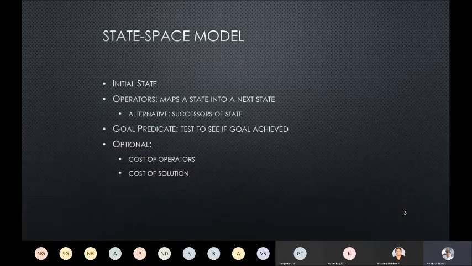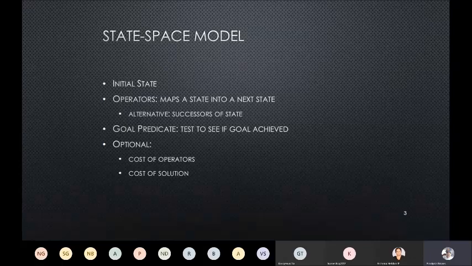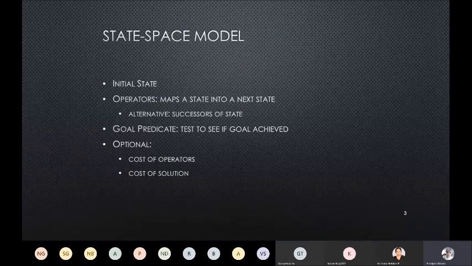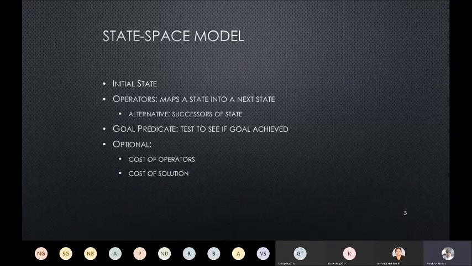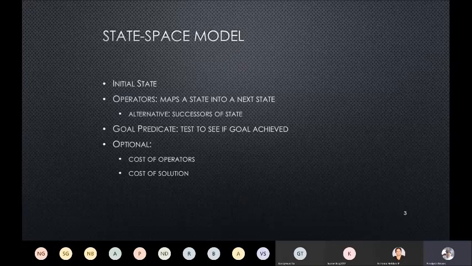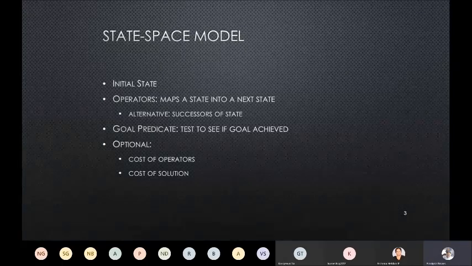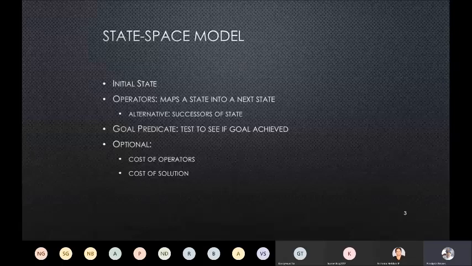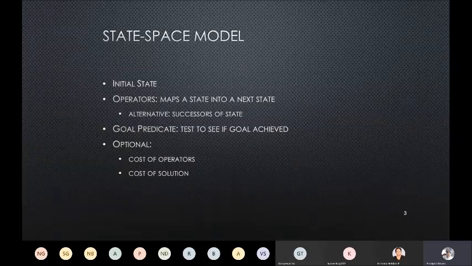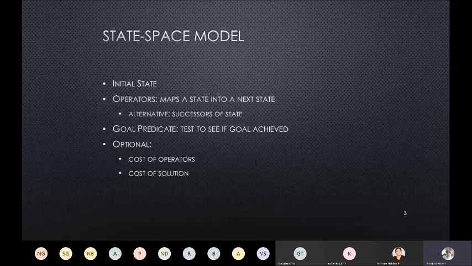So for example, I can define the cost of my operation as time: how much time it takes from going from Bangalore to Mumbai, or Bangalore to Delhi, or from Delhi to London, or Mumbai to London. Or I can define it in terms of risk level, which will minimize my risk, or in terms of social distancing, or in terms of consumption of fuel and so on. And similarly, when I reach the goal state, I can reach it in multiple ways, and I can add up the costs of operators and find the cost of the solution.